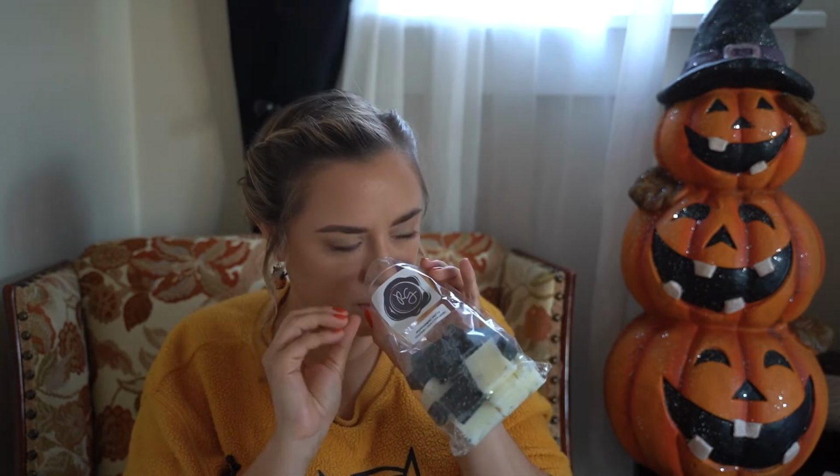Wow, this actually smells like a peppermint patty. Because sometimes a peppermint can be too bubblegummy, or too hard candy, or too candy cane peppermint. And this one definitely smells like that creamy peppermint cream. And then the chocolate smells like that dark, like